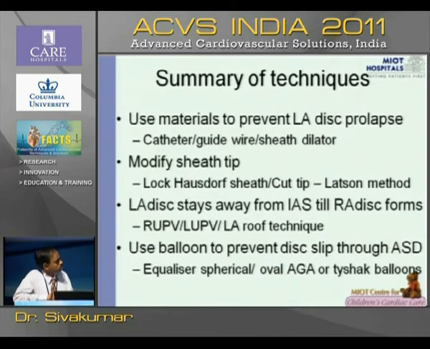Then in the subsequent around 3 to 4 years, we started using this technique where the left atrial disc is made to stay as far away from the intra-atrial septum as much as possible by deploying it either in the right upper pulmonary vein, left upper pulmonary vein or left atrial roof. The problem with all these techniques,